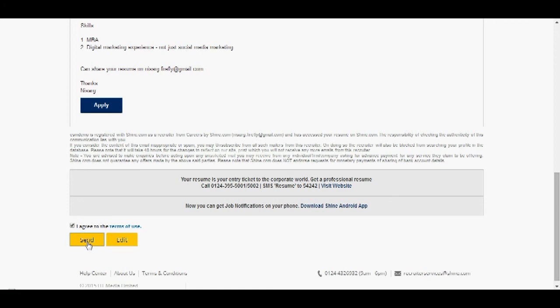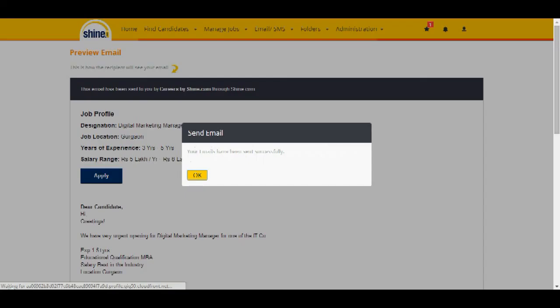you'll see that when I click on hide email sent, it will show me that I have sent email to 24 candidates. Now I tried sending an email to 25, but it is showing me 24